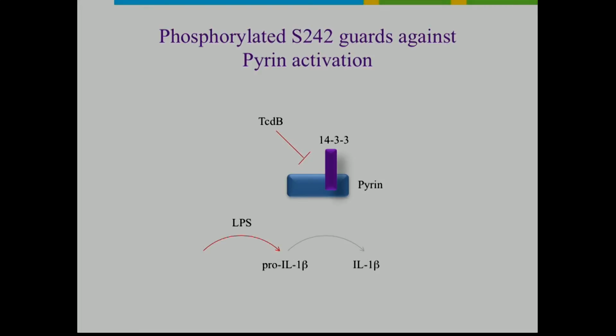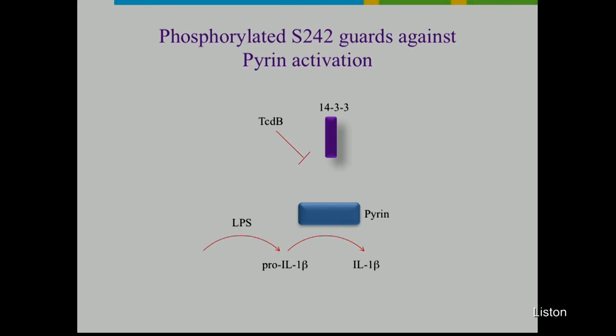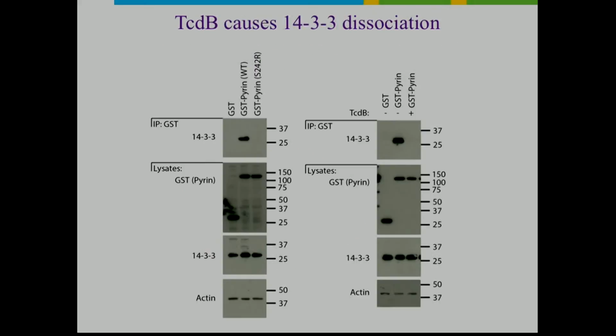Now, if this hypothesis is correct, then bacterial toxins that can activate Pyrin, such as TcdB, could be working by removing the phosphorylation site, which would allow 14-3-3 to dissociate. And in that case, you've taken the safety catch off of Pyrin, so now you're able to have the activation of the inflammasome and conversion of pro-IL-1 beta into IL-1 beta. So to look at this, we did the same experiments, the GST pull-down, except now on the right, what we've done is we have taken the wild-type Pyrin, untreated, which has 14-3-3 bound to it. Now, if we add